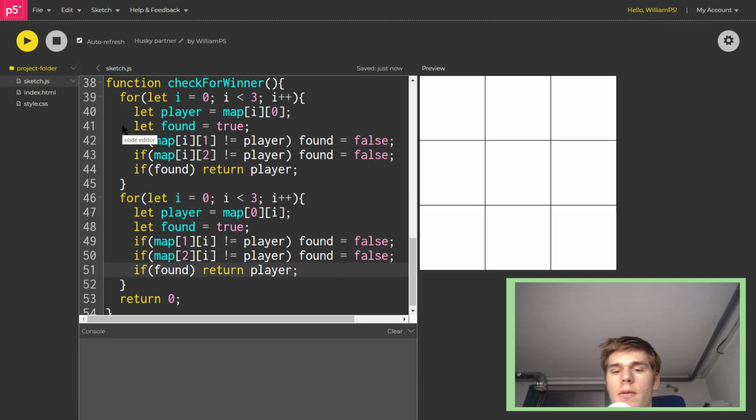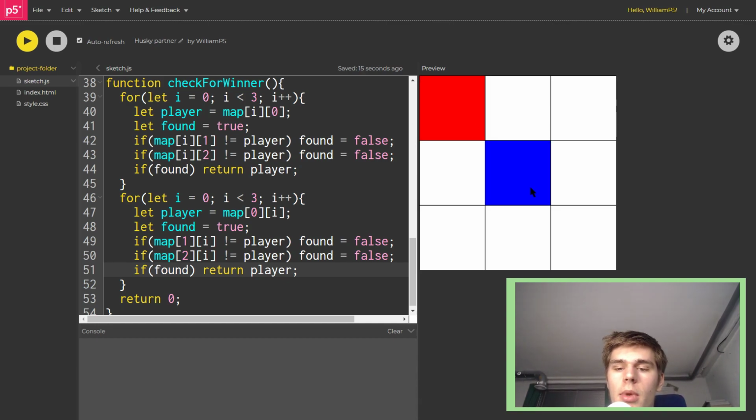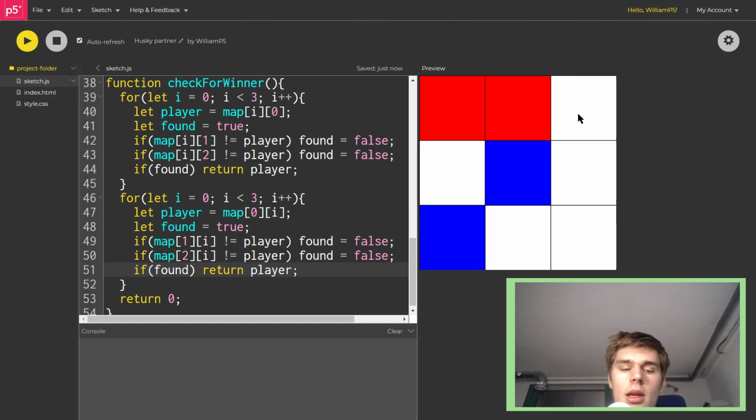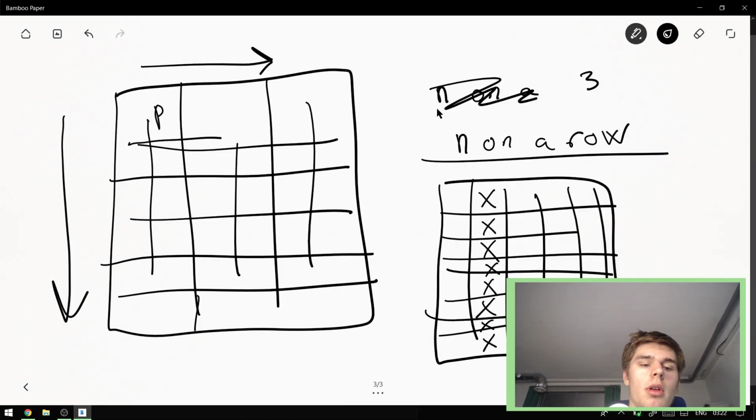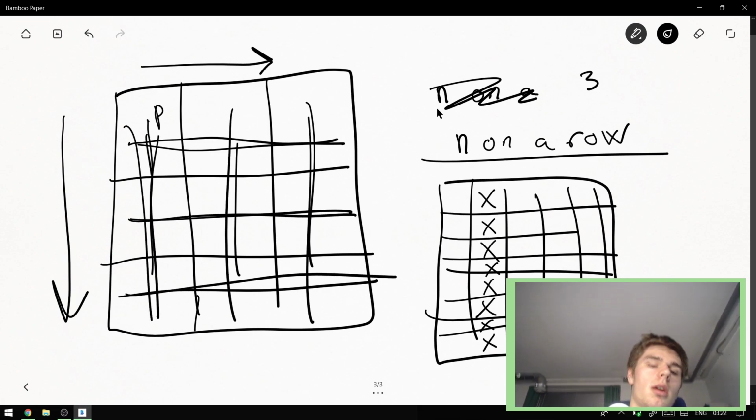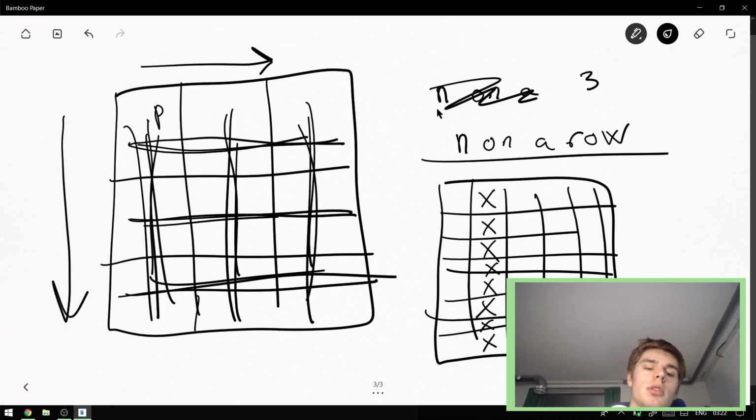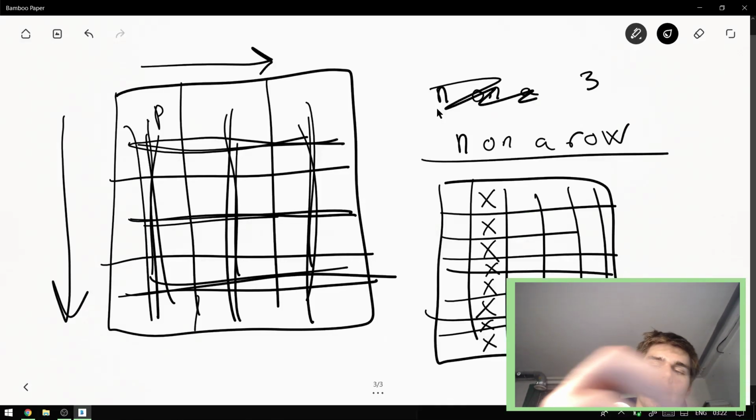So let's test if it can check the rows now. For an example, let's place a red there, blue there, a red there, and a blue there, and a red here, and we should see that there is a winner now. Winner is 1. Perfect. So now we are able to check both the rows and the columns. So that's brilliant. We just need to now check